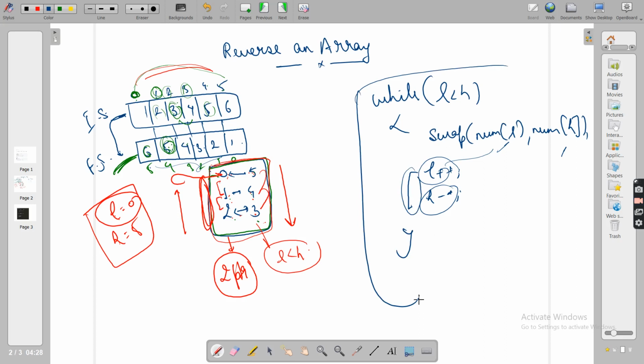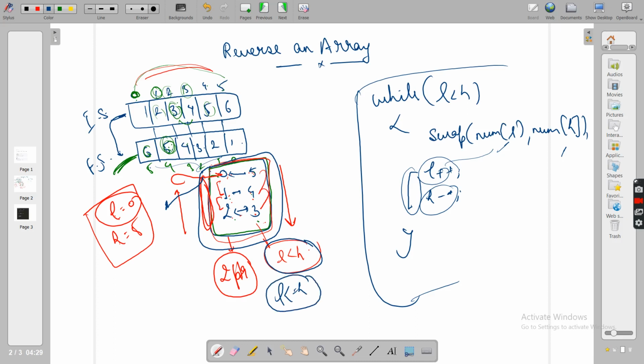I hope you got the proper intuition for reversing an array. I was also solving this problem earlier, but not with this proper intuition, not by getting this answer space, searching it, and seeing that two pointers should be applied, and this limit L less than H. You can put L less than or equal to H, and that will also work.